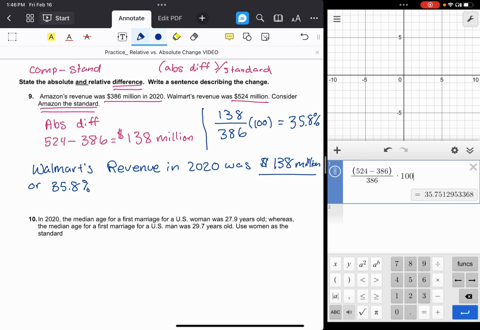So I have both my absolute and my relative more than because we're comparing. And so we want to say, is it more than or less than Amazon's